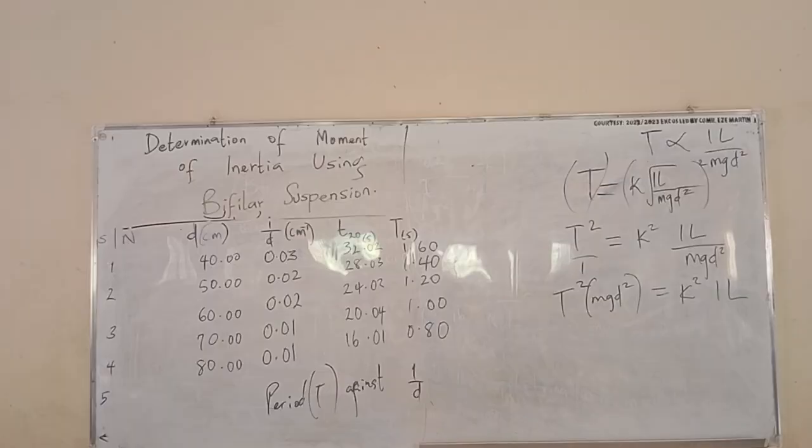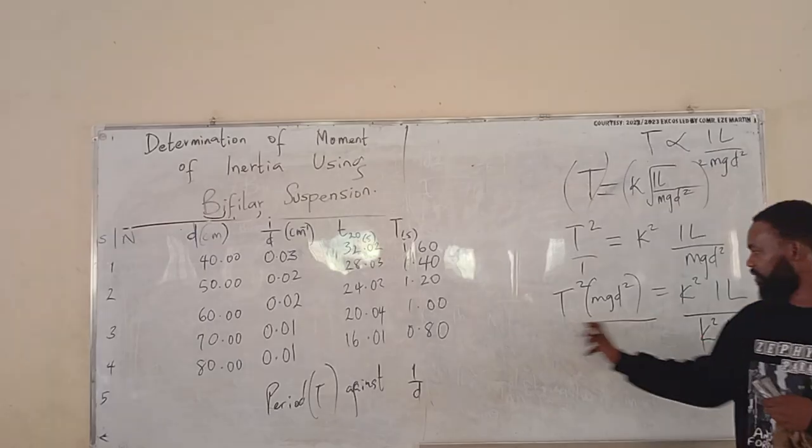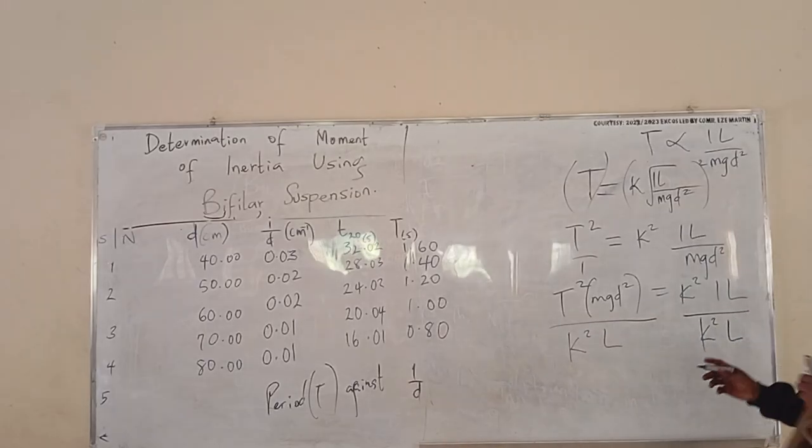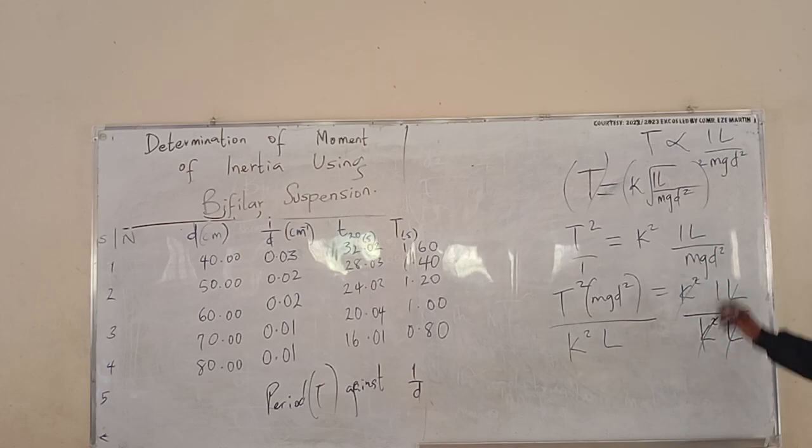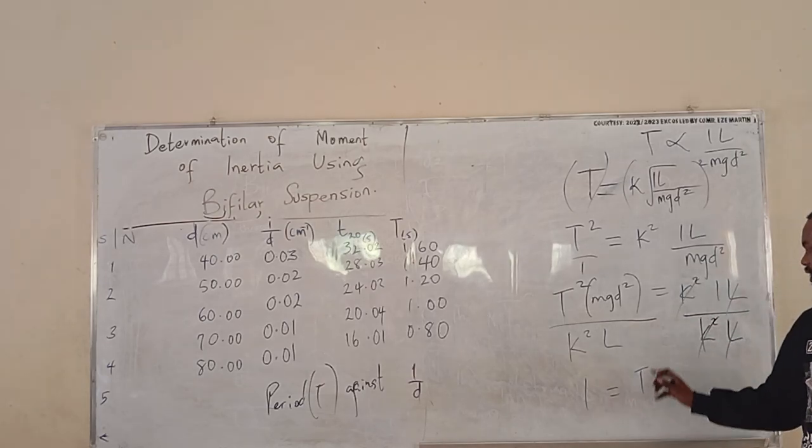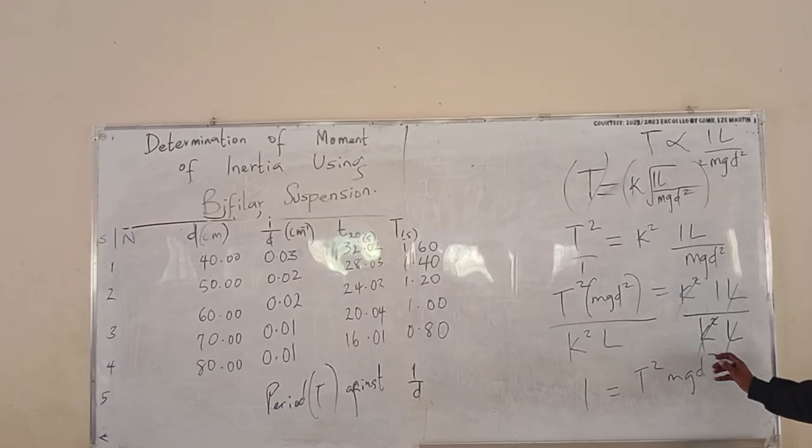Which one is my value? If I remember, what we are trying to do is to get the slope. But to get I, it's easy. I will get I, then continue with the slope. That is to get the moment of inertia, the equation I will use. I can say divide both sides by K squared L. Let's just get this one and then go back and continue with what we are doing. So this will cancel this, this will cancel this. So I now have the moment of inertia is simply T squared mgd squared all over